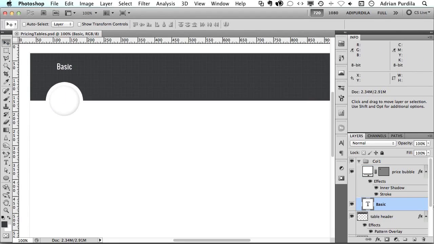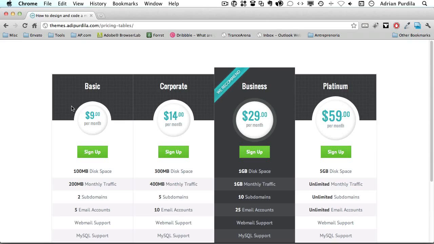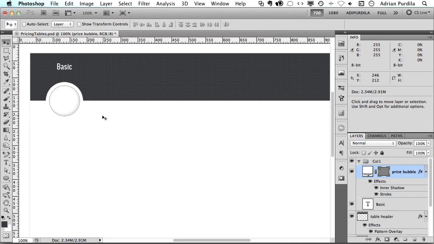Okay. Next, let's copy this text like this, and we need to put in the price. Now the price is going to be something like this, 9 per month, and oops,